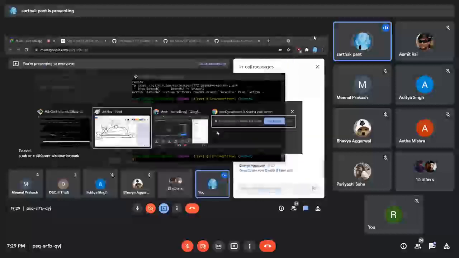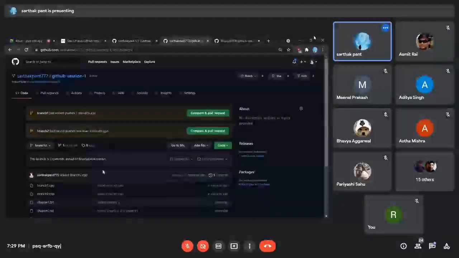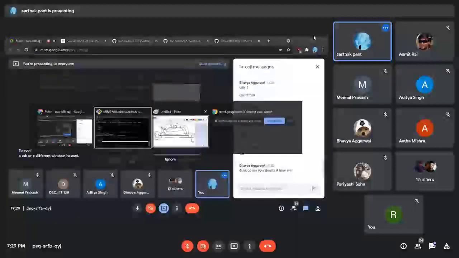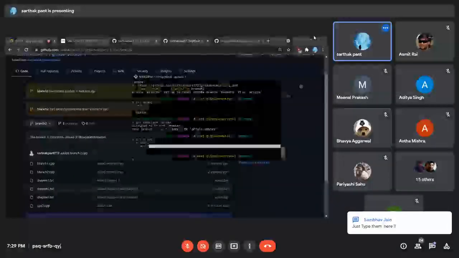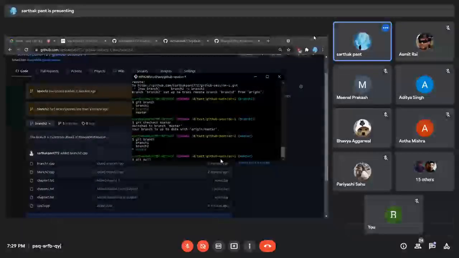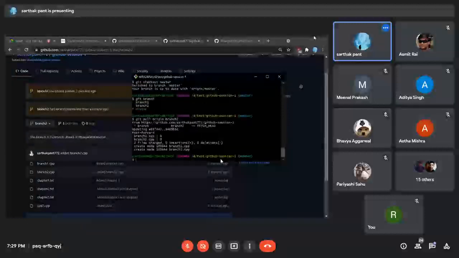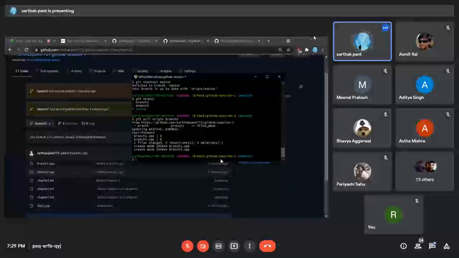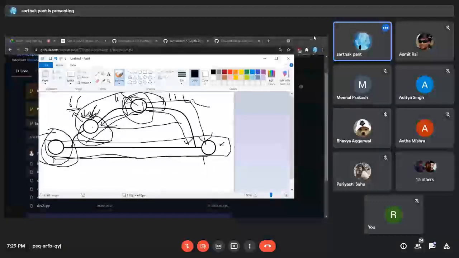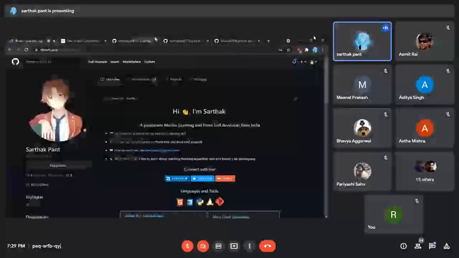I'm going to say git pull origin branch2. Yeah, it was branch2, right? So I'm going to press enter. Now here's the thing. It should have the content of branch2, which is already having the content of branch1, right? So it should have 2 files that are named branch1.cpp and branch2.cpp. Okay, now let's check that out.